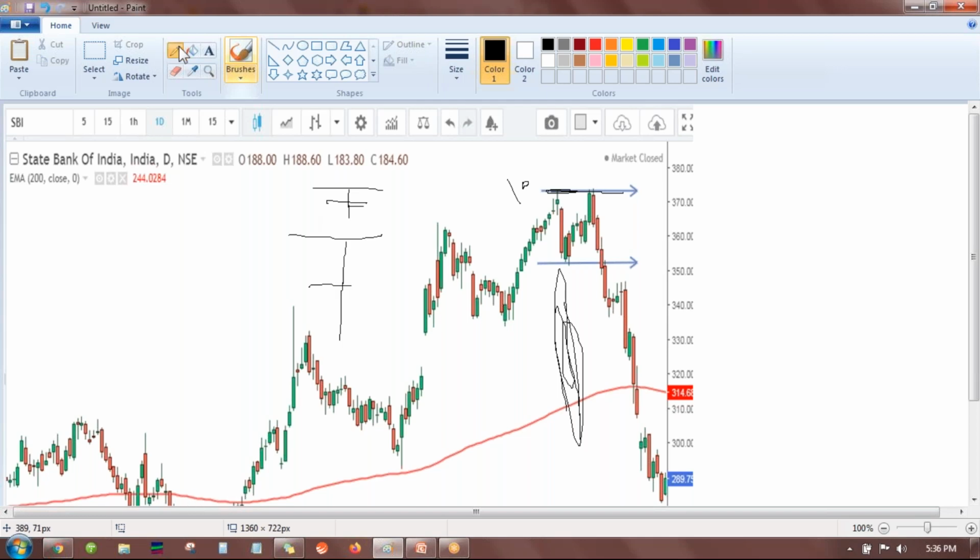Sir, can I ask one question? Yes, sir, please. Earlier in the slide, you told that a pin bar or hammer is required to be used. So it is not mentioned here. Where? It is not mentioned so far.